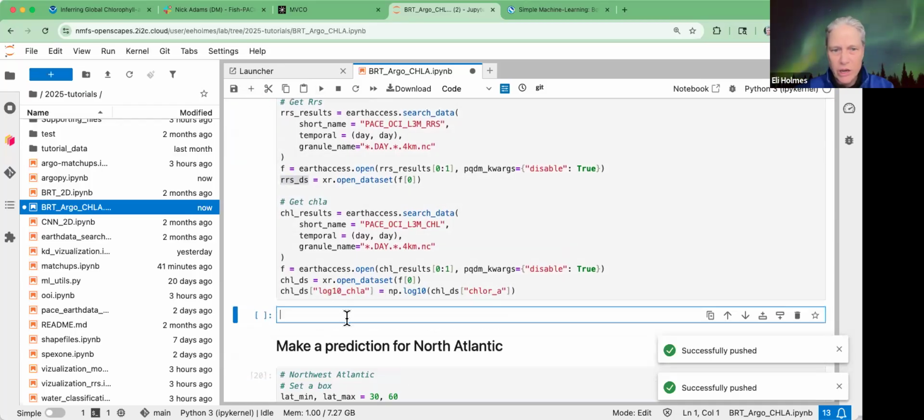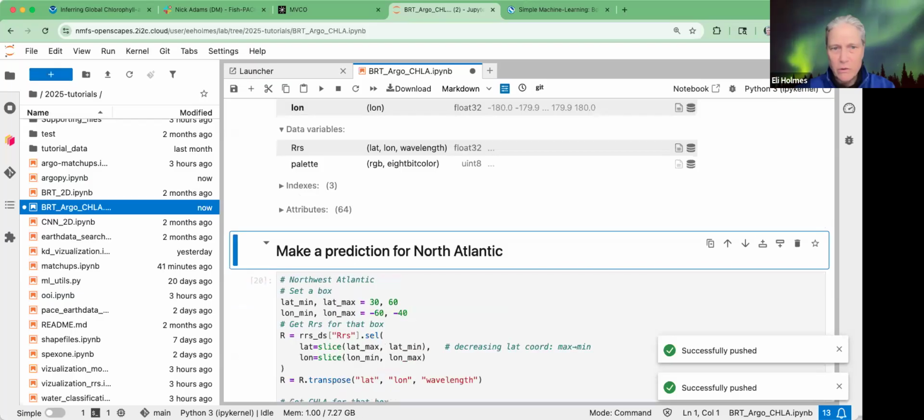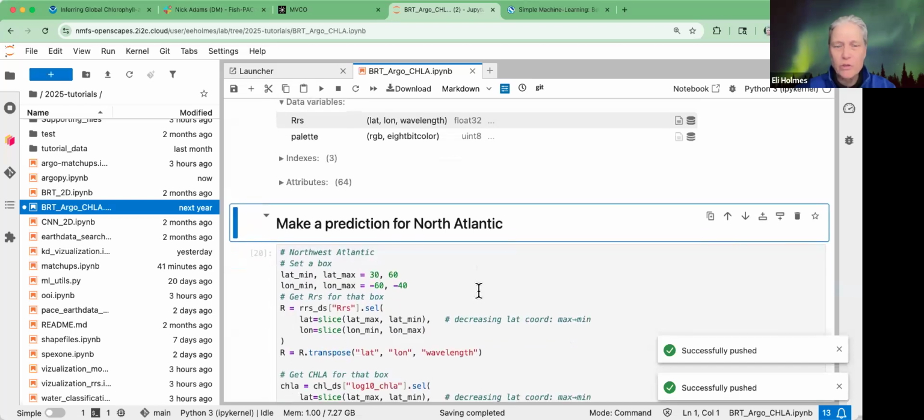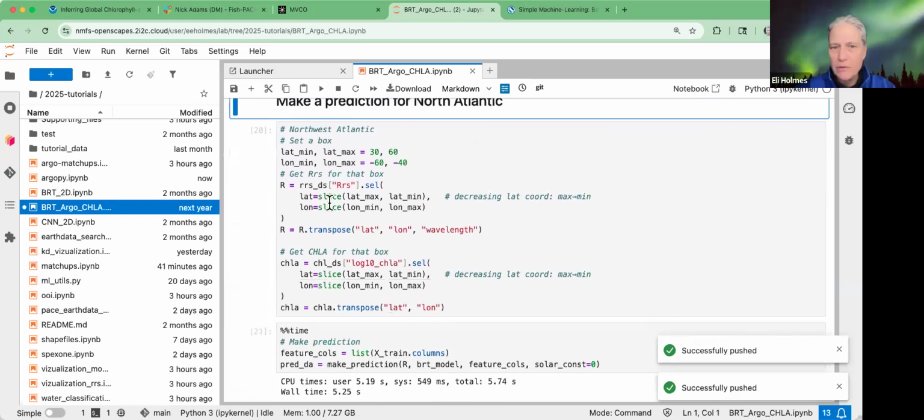Let's take a look at what I just got. So I have that for the whole globe here. And now I'm going to grab a bit of that for this North Atlantic. I picked a really small box. I could do it globally, but